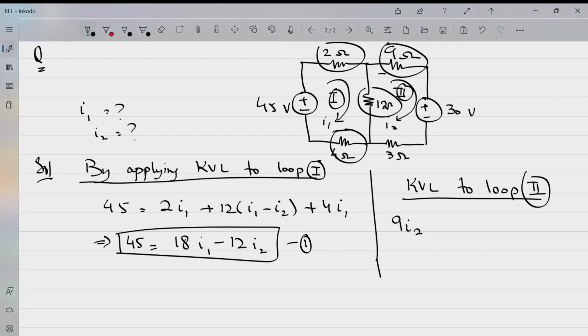So it is in the direction of current, plus. Then this 30 volts, in the direction of current it is also positive, so it will be added to this, 30 plus 3I2, also positive in the direction of current, plus 12. Instead of writing I1 minus I2, I'll write I2 minus I1, plus 12 times I2 minus I1